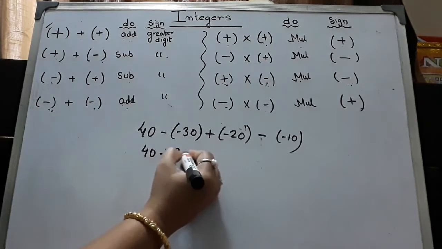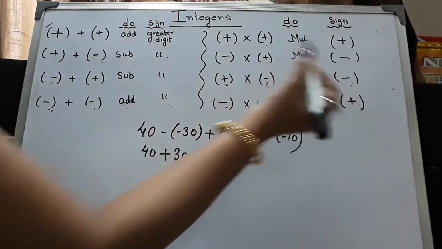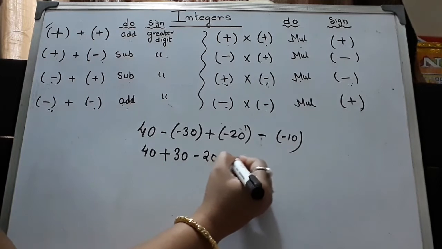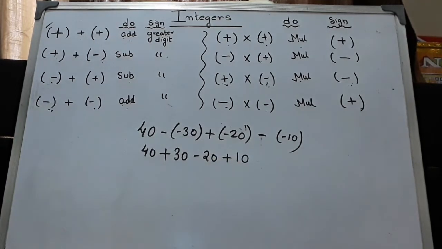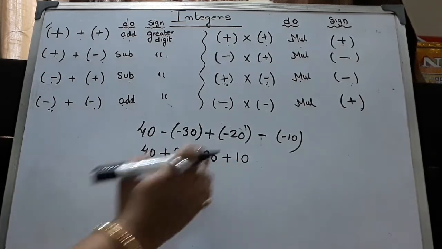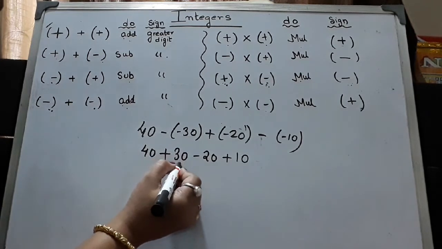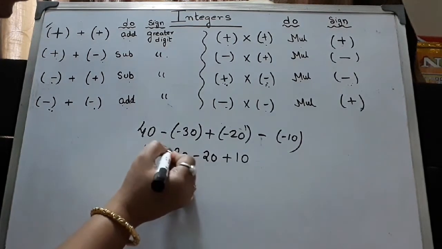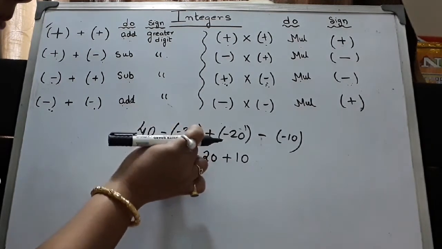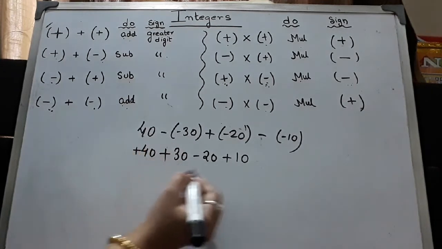Plus 30, plus into minus, where plus into minus, the sign will be what? Minus 20, minus into minus, plus this one. Now see, you can solve the signs one by one also, but it is better to arrange all the additions. Always remember, whatever number is given, the sign of that number is the one before the number. So this number's sign is plus.